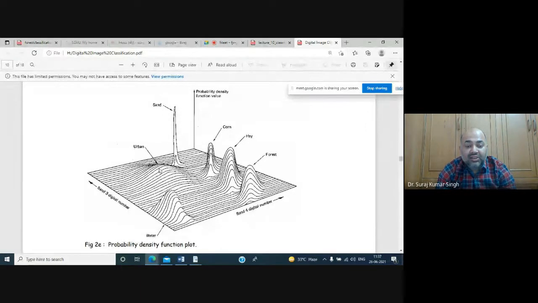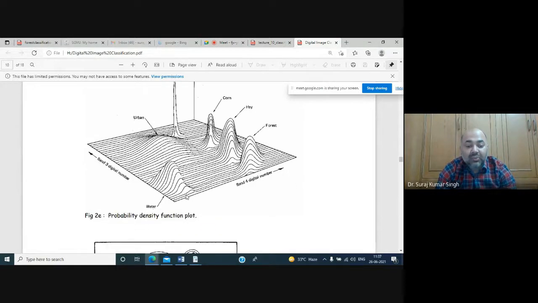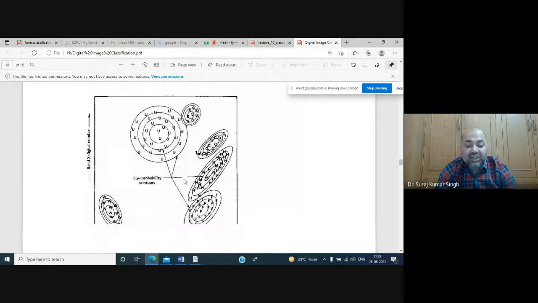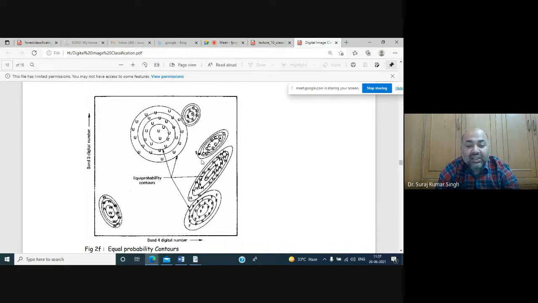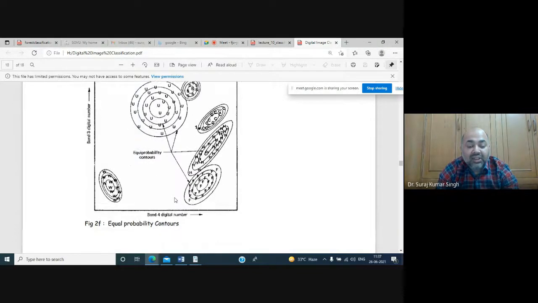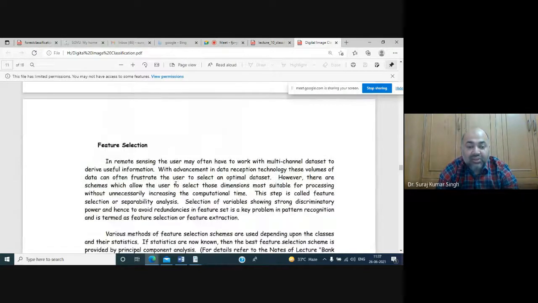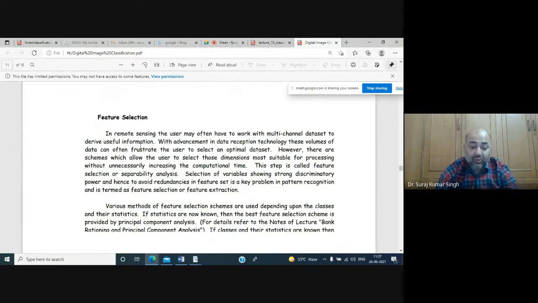This is the distribution, how it is distributed in n-dimensional space, and how you will be classifying it using the probability density function. Again, you will be taking out the probability, to see whether class 1 or class 2 has the greater probability for getting assigned to a class. So we'll be selecting that, and once we have selected that, we'll go for feature selection.